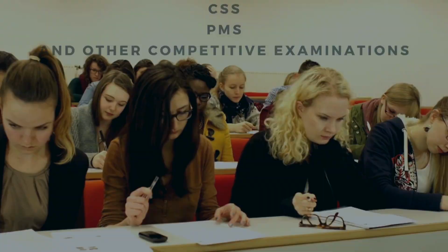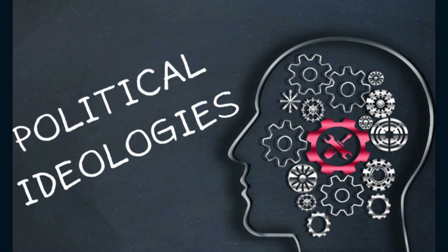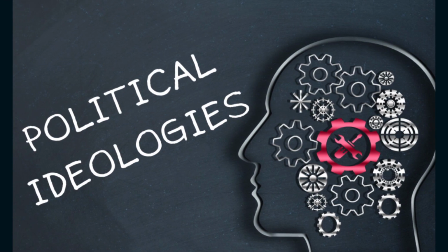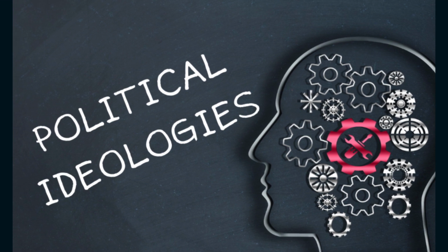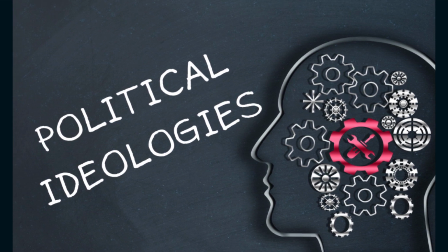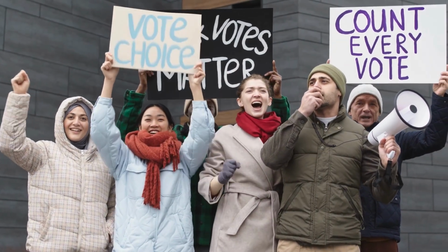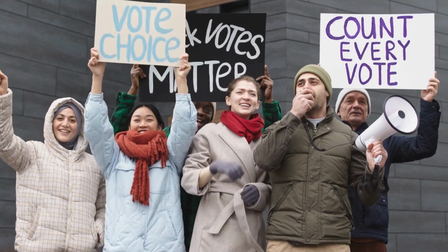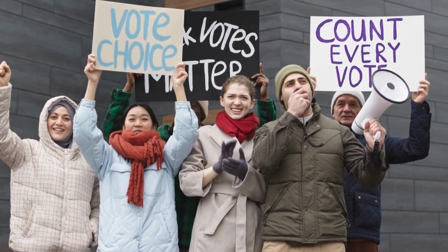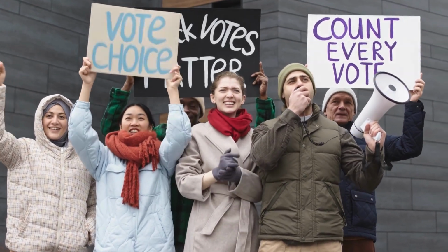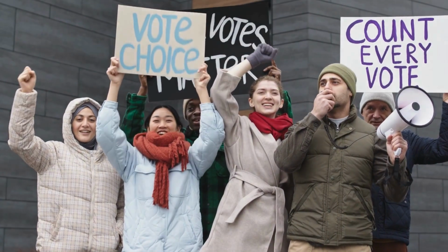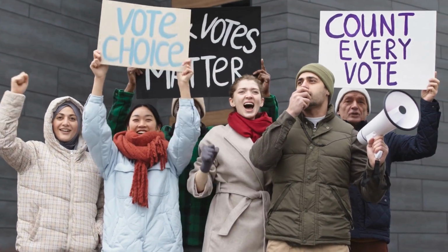Stay with us as we delve into today's topic, political ideologies. Have you ever wondered what makes a society tick? The answer lies in political ideologies. A political ideology, in essence, is a set of ethical ideals, principles, and doctrines that guide our understanding of how society should function. It's like an architectural blueprint for a social order, providing us with a detailed plan on how to construct a harmonious and productive community.